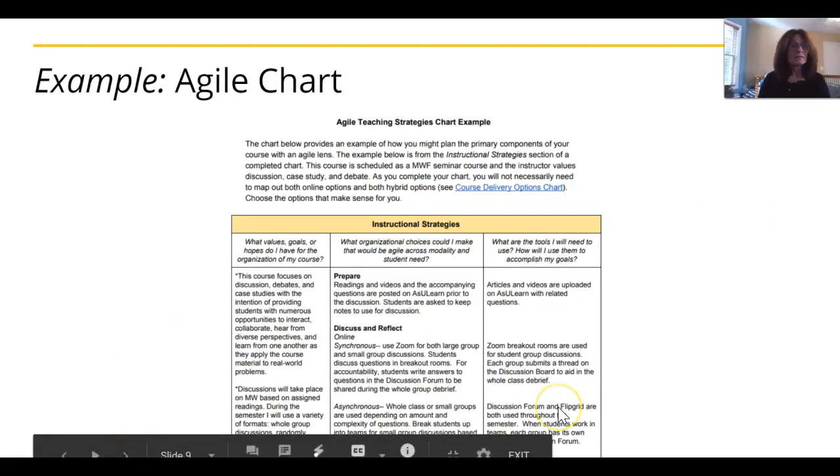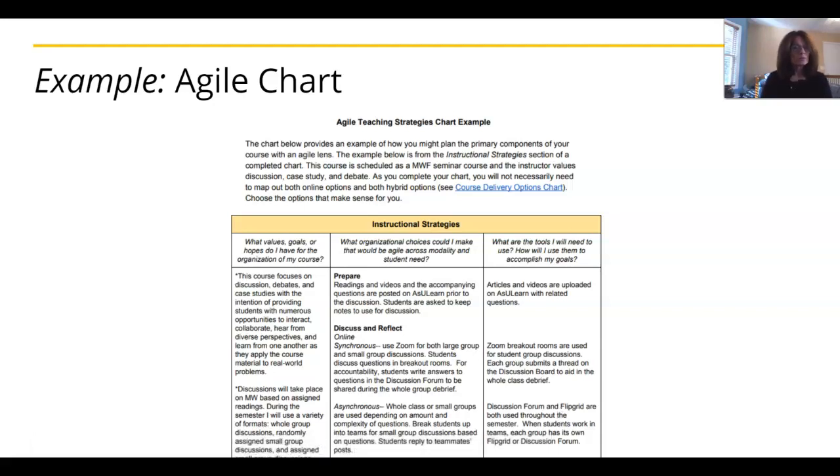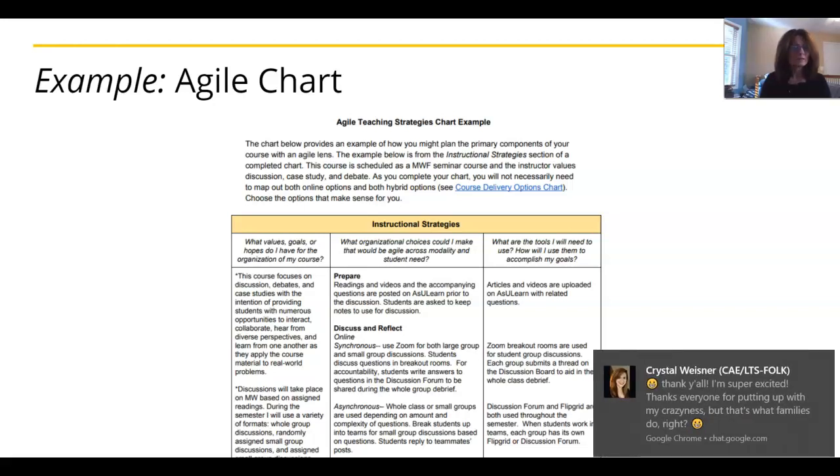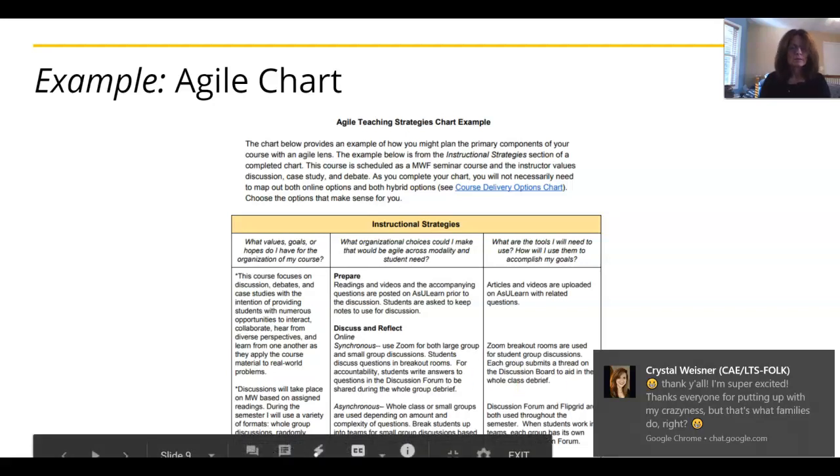In the end, hopefully after 4 different modules, you'll have some information like this in your Agile teaching chart, which would be what's really valuable to me in this particular area, such as instructional strategies. How might I adapt my instruction and my instructional strategies to meet various student needs in a variety of learning modalities? And then what are the tools that I am going to need to be able to use to be flexible and adaptable?